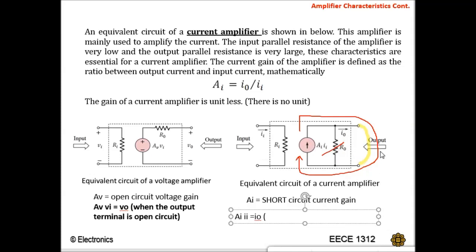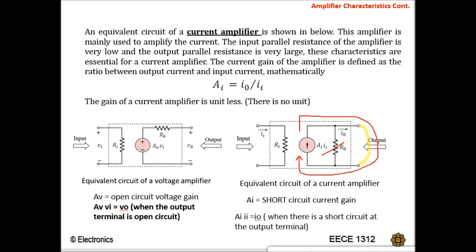So when that happens, Io is equivalent to AiIin. So this happens when there is a short circuit at the output terminal. Alright, so that's your current amplifier.